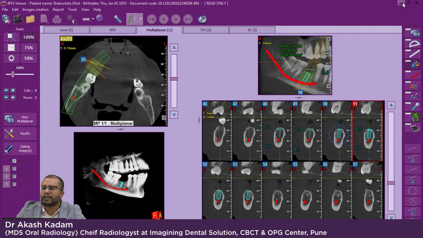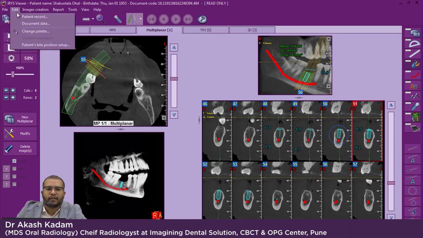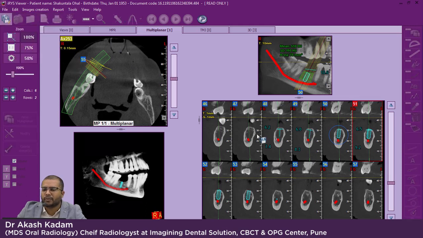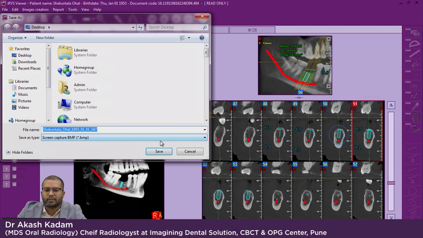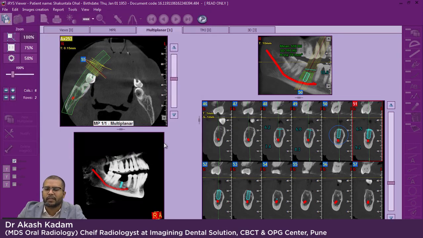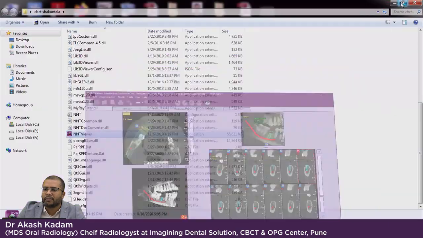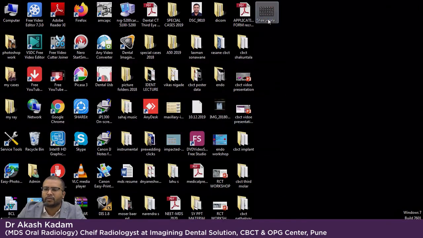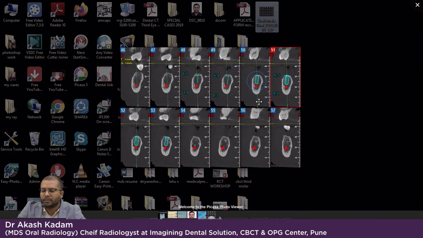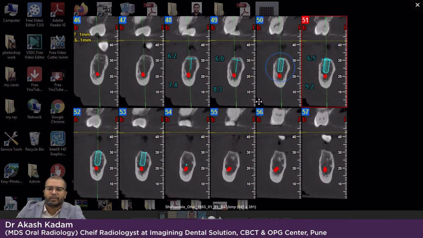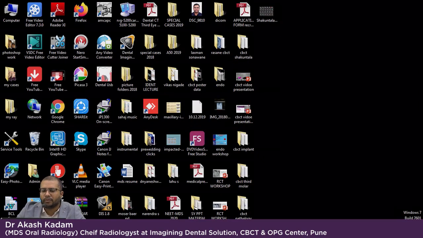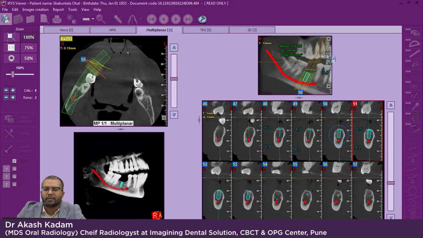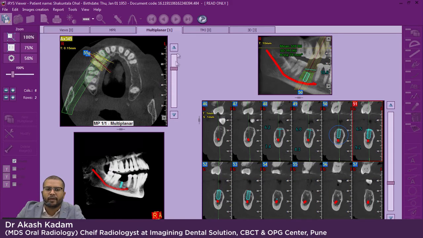We have to make a folder on our desktop in which this CD data was also there. I generally do that, and there is an option of file and save image. So any image whichever you want, you can just save it by the name of the patient in a desired folder. It will get saved. So I have marked it as desktop. So I can see this picture. Any image that you want, you have to save it like that. Any number of images you can save, suppose you want the axial section, so you can do that.